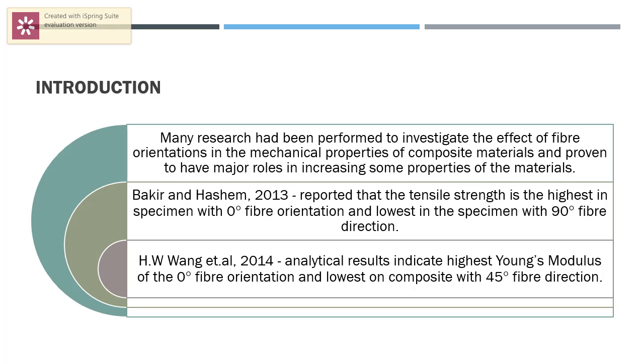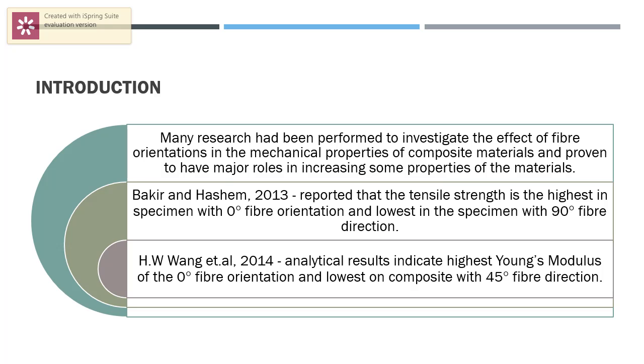Much research has been performed to investigate the effect of fiber orientation on the mechanical properties of composite materials, and it has been proven to have a major role in increasing some properties of the material. Bakir and Hashim reported that the tensile strength is the highest in specimens with 0 degree fiber orientation and lowest in specimens with 90 degree fiber direction, while analytical results indicate the highest modulus of elasticity at 0 degree fiber orientation and lowest at about 45 degree